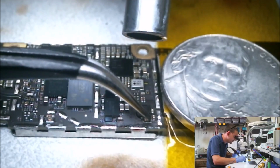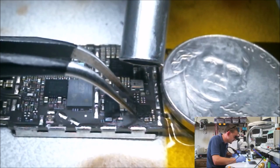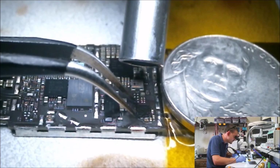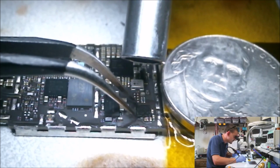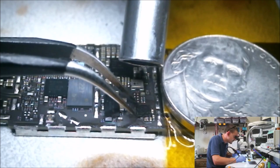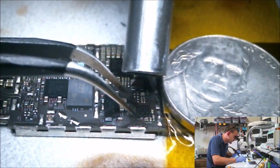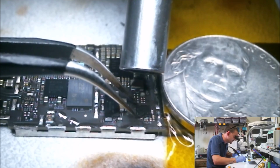See how many of these other components want to come off here with it. Should be just about there. So, ridiculous amounts of heat on this area of the board. I wonder how different it would be without my nickel. You know, that heat sinking could be causing me to use more heat, but